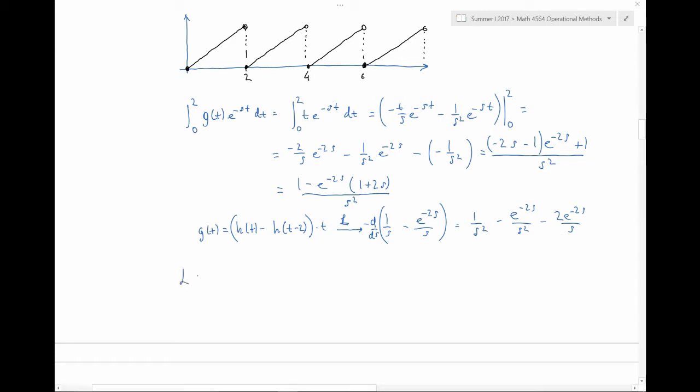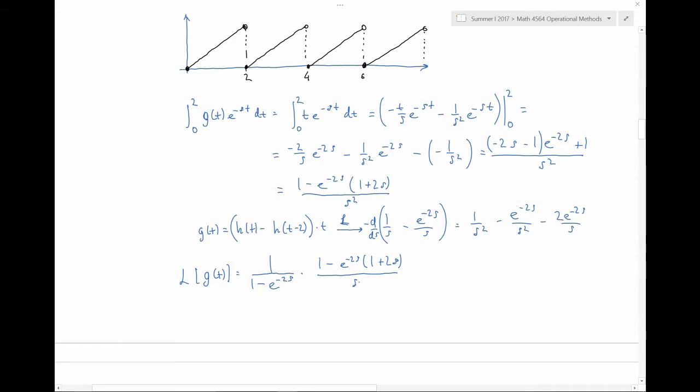Therefore, the Laplace transform of the whole function g of t is going to be 1 over 1 minus e to the minus 2s, multiplied by 1 minus e to the minus 2s, multiplied by 1 plus 2s, divided by